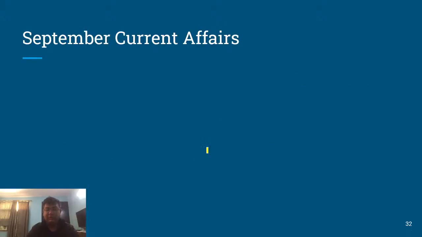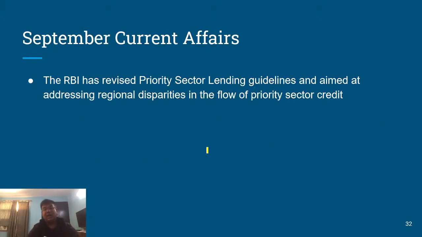Right. Moving further on, some more miscellaneous content. The RBI, meanwhile, has revised the priority sector lending guidelines aimed at addressing regional disparities. So certain regions in India are economically better off. So if I look at, say, Gujarat and Maharashtra, if I look at the southern states, if I look at Punjab, Haryana, these are more, shall we say, economically better developed than, say, the central Indian states like UP, Bihar,